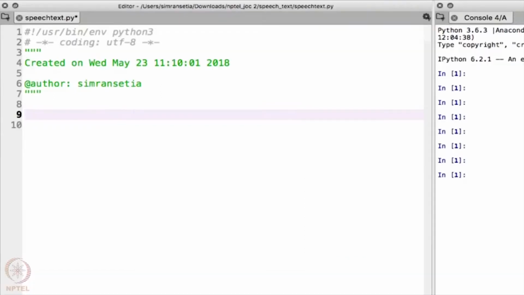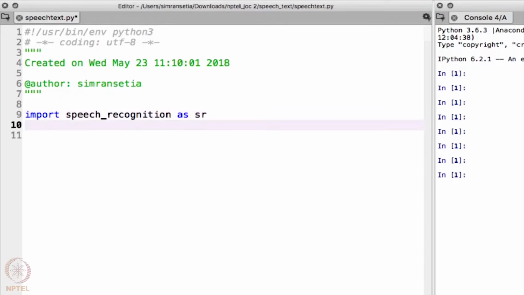So first of all, you need to import speech recognition that you have installed. So it is basically import speech_recognition as sr. You can use the name sr or you can just go with speech recognition. It's your wish.